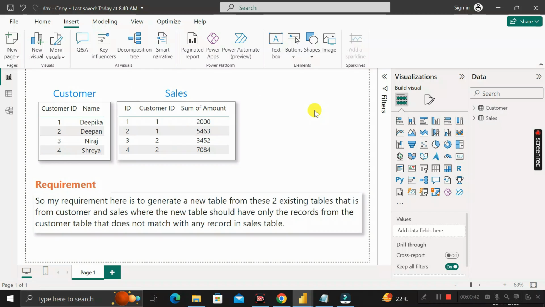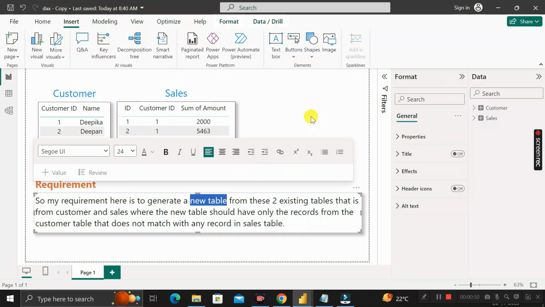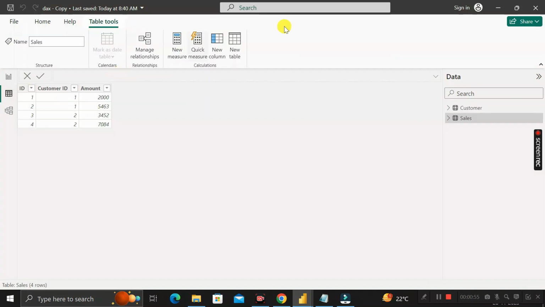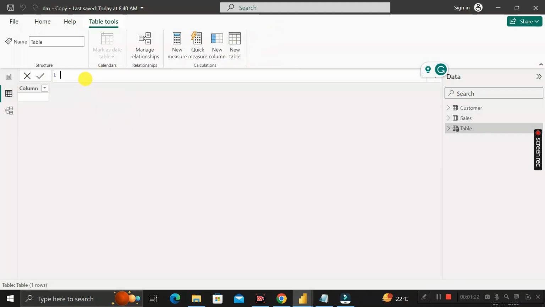As per the requirement, we have to create a new table. So to create a new table, first of all you have to click on this table view, then click on new table, and then you can rename this as difference. So the difference table